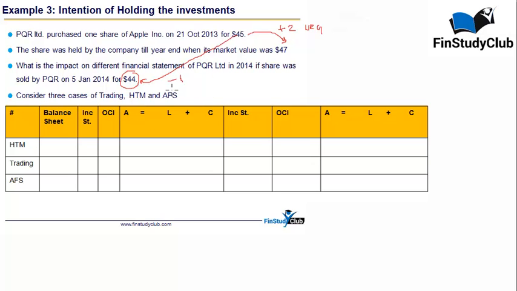So the previous two examples that we had done were either realized and unrealized both gains, or realized and unrealized both losses. But now, the price movement has been such that it is leading to unrealized gain and realized loss. Looks pretty interesting. Now in case of HTM, the rules are going to be absolutely same, and since this is the third example, we can increase the speed a bit.